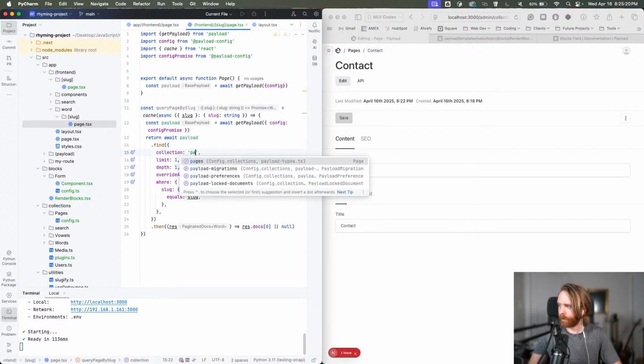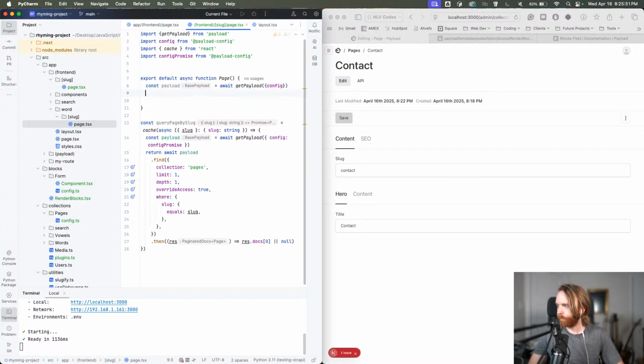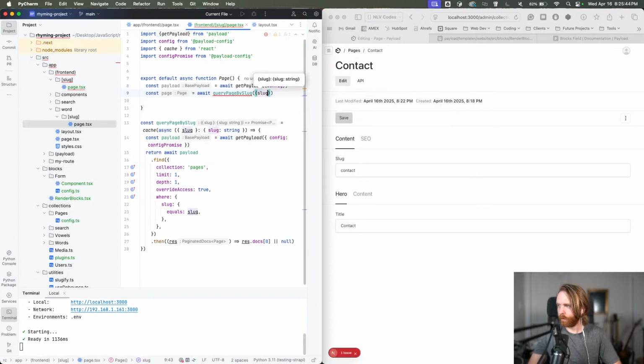We'll do our page, override access sure, slug equals slug, returns one document. And we should be good there. So then we can const page equals await query page by slug, with our slug